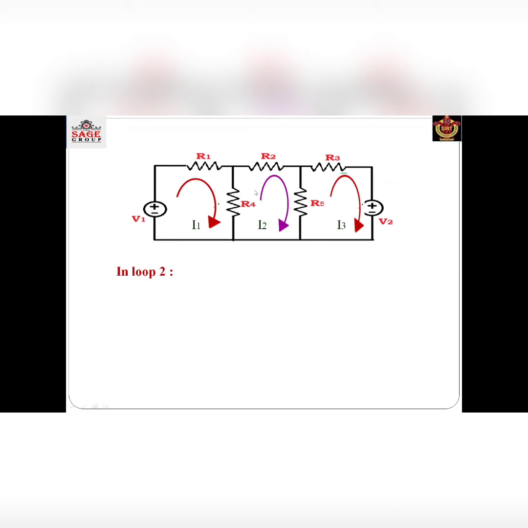This is loop 2, here we assume the current I2. तो लूप 2 के लिए जब हम इक्वेशन लिखेंगे तो इसमें भी वही प्रोसीजर है कि आप देखेंगे कि आपको कौन कौन से एलिमेंट यहाँ पर लगे हुए हैं। यहाँ पर भी 3 एलिमेंट लगे हुए हैं, R4, R3 और R5। तो हमें इसके लिए इक्वेशन लिखना है। यहाँ V = IR, वही प्रोसीजर था। यहाँ से यहाँ तक जो लूप हम देख रहे हैं, इसमें V की वैल्यू 0 दी हुई है। तो V की जगह पर हमने 0 लिख दिया।